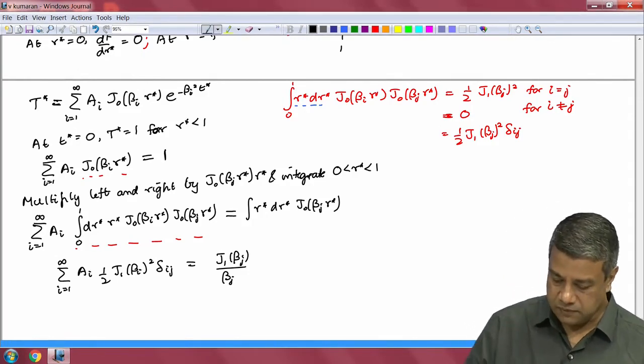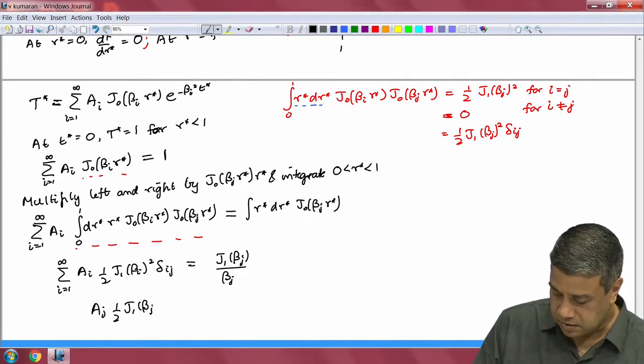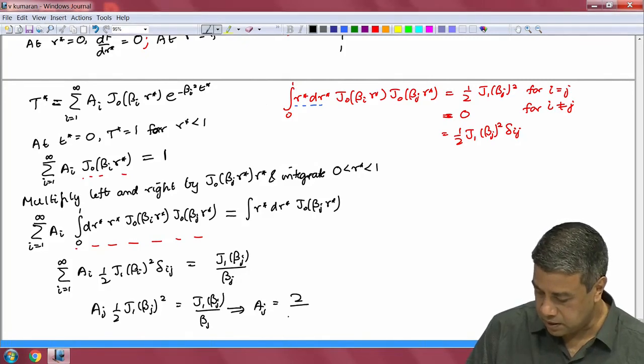Therefore, I will get a j times half j 1 of beta j the whole square equal to j 1 of beta j by beta j, which implies that a j is equal to 2 by